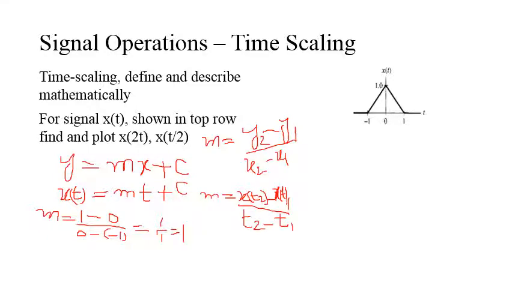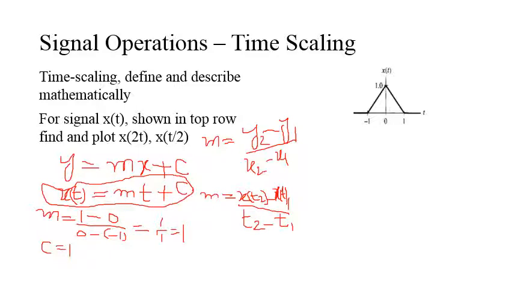So that means this has slope of 1. To find the y-intercept, you find the value of x of t when t equals 0. At this point t is 0, so the value of x of t is 1, so that means c is also equal to 1. By putting the values in this equation, we find that